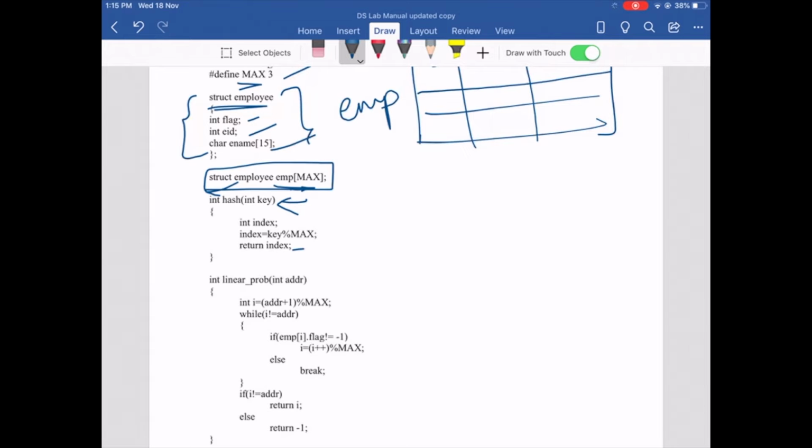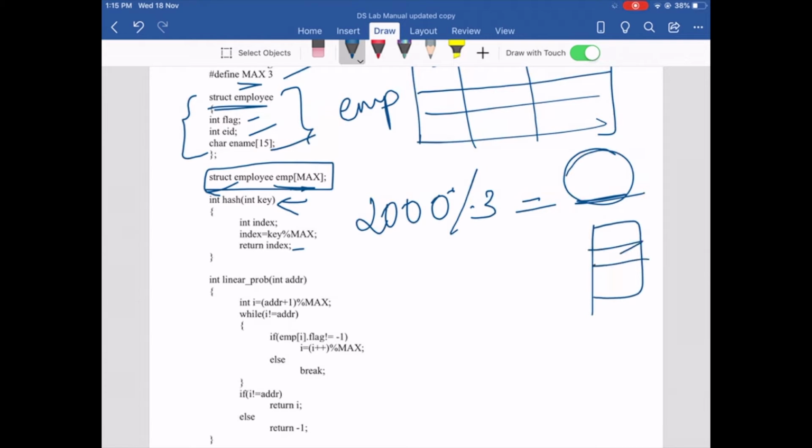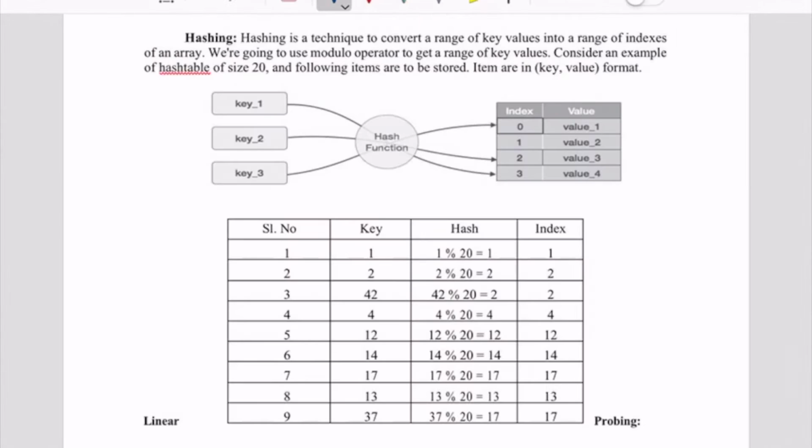In this case max is 3. If the key is 2000, and you divide it by 3, what is the remainder? Based on that value, that remainder is going to be used in order to store your data into the hash table. When you do a modulus operation, you will get an output of 0, 1 or 2, depending on the input. That is where we are going to store the data.